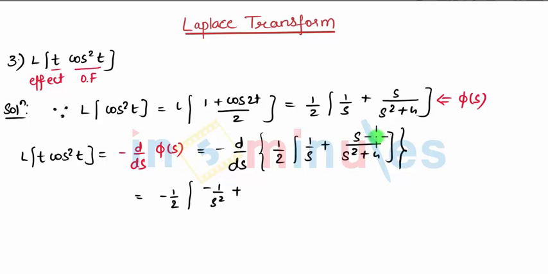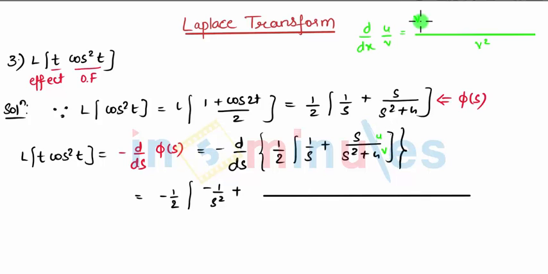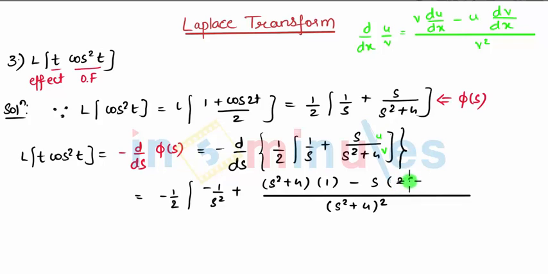We can solve it by the u by v rule, so I just solve it. You might know the differentiation of u by v: v times differentiation of u with respect to x, minus u times differentiation of v with respect to x, over v square, or whichever variable it is. Here our variable is s. So I can say the denominator is s square plus 4 the whole square, where s square plus 4 is v. Differentiation of s is 1, minus, I keep u as it is, differentiation of v, which comes to 2s.